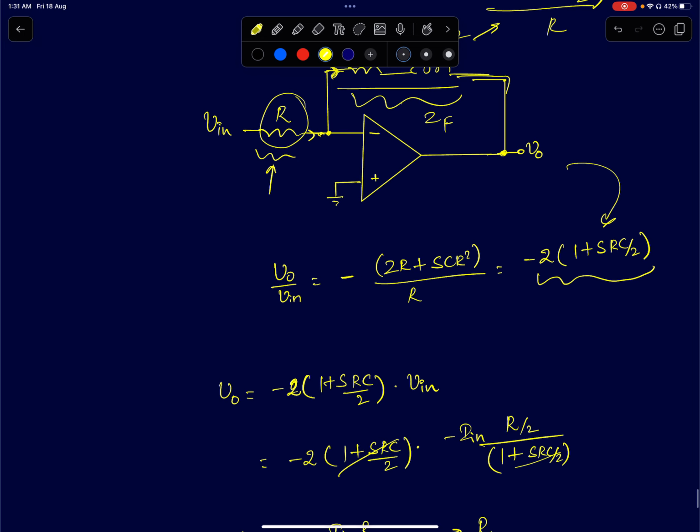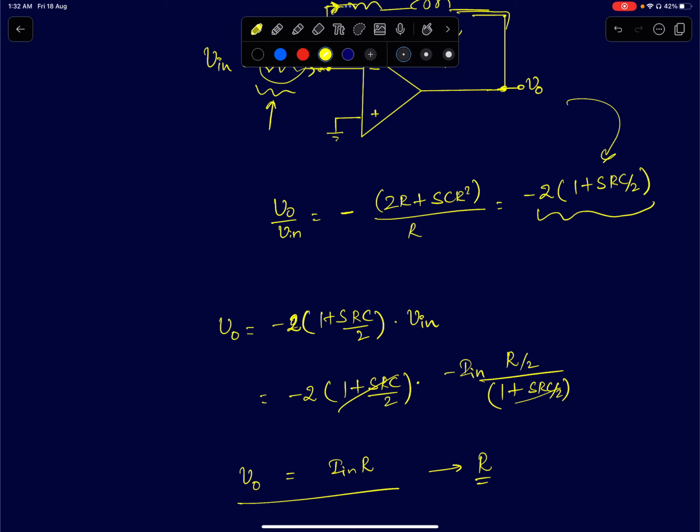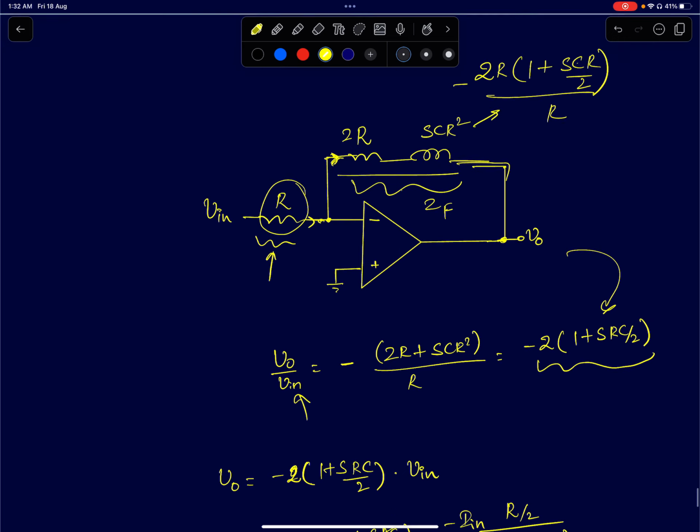Now that you know this gain, you can substitute the input. From the input, you know what Vin is in terms of Iin. You substitute that, you will get the expression V naught equals Iin times R, and you get the transimpedance amplifier's gain as R. So all I'm trying to say is that in the circuit, we introduce a pole at the input. That pole gets cancelled by the zero in the feedback network. So you can look at this circuit like a wide bandwidth